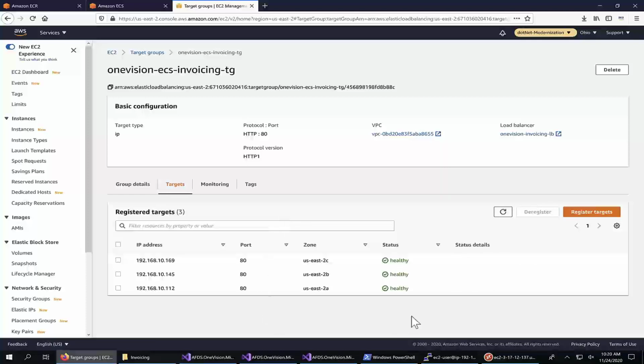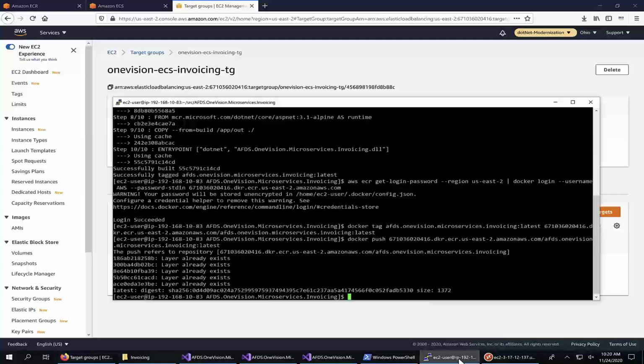Let's run a smoke test to make sure the containers are working. We can't connect to this microservice over the internet because the tasks are in private subnets and the load balancer is internal only. So, to test the microservice, we'll go back to our Linux EC2 instance, which is inside the same VPC as the ECS cluster.